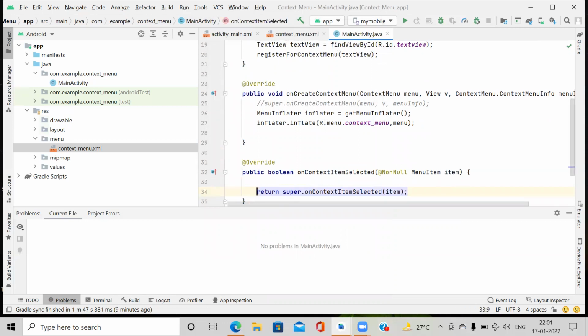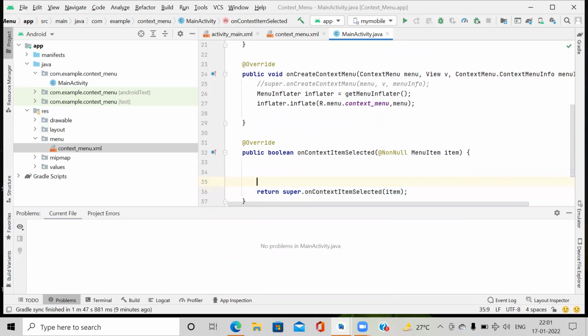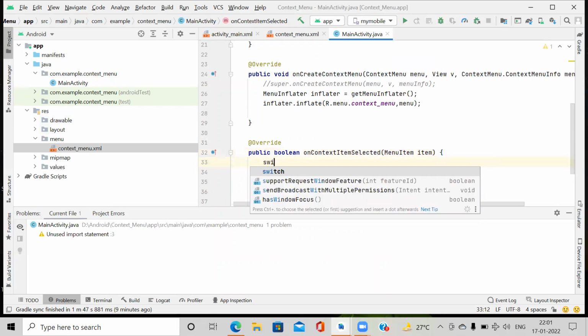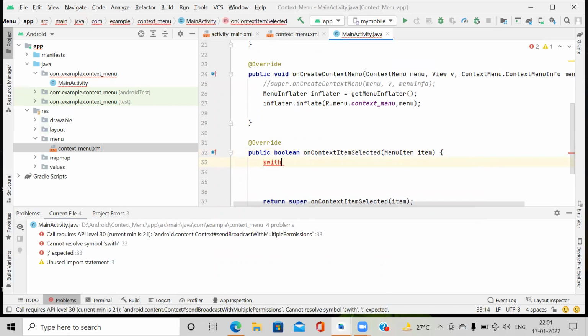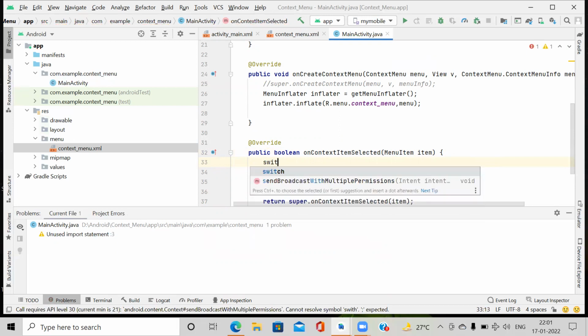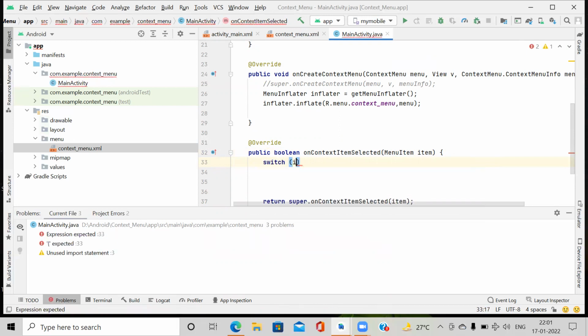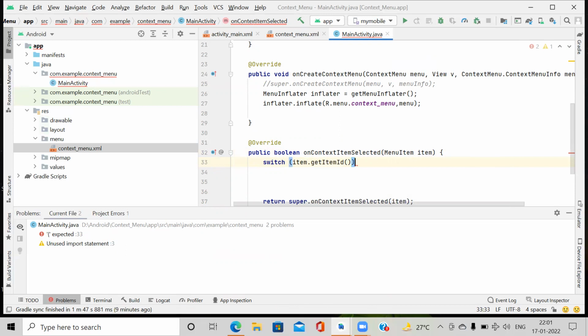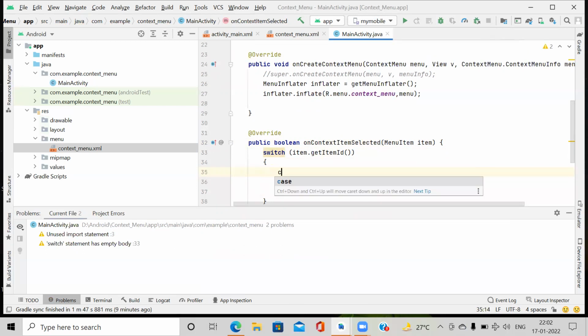Right now, first we use the switch statement. First, I remove this not null. It is not so useful for us, and we start with the switch statement, in which we use item dot getItemId. So here we get the ID of the items that we have created. In that, we match it with the case. So case first,